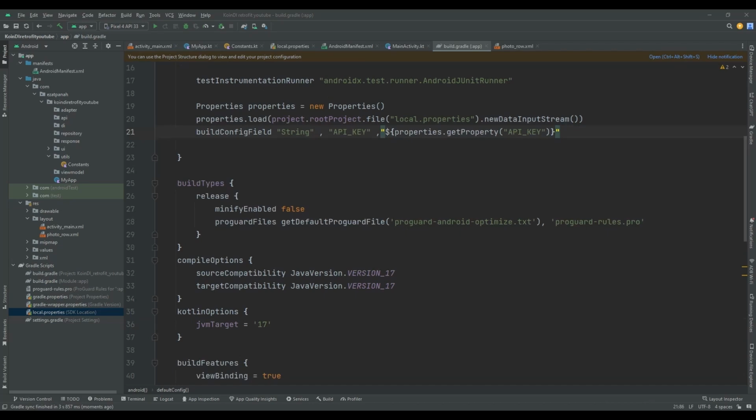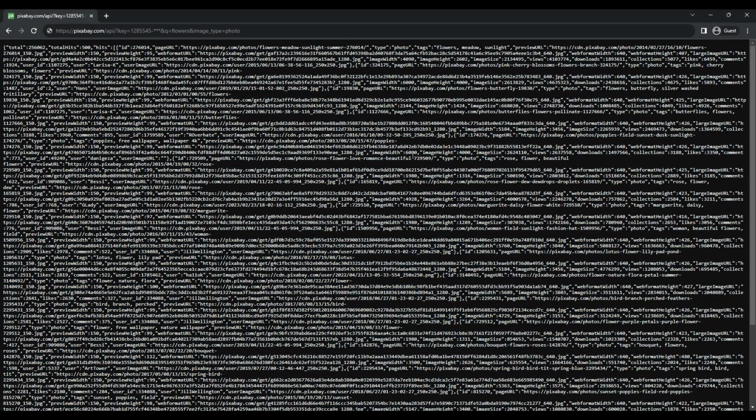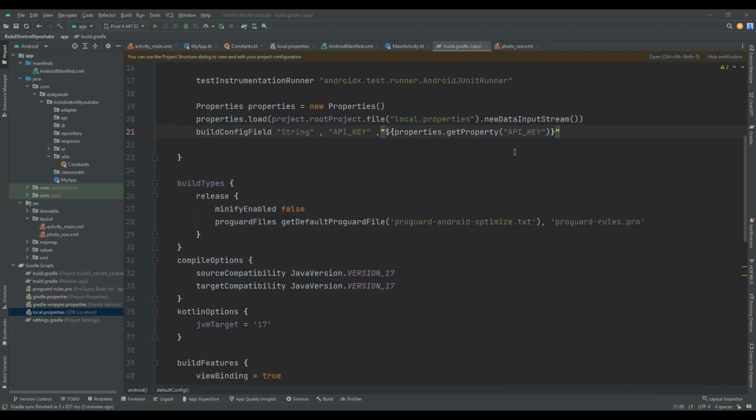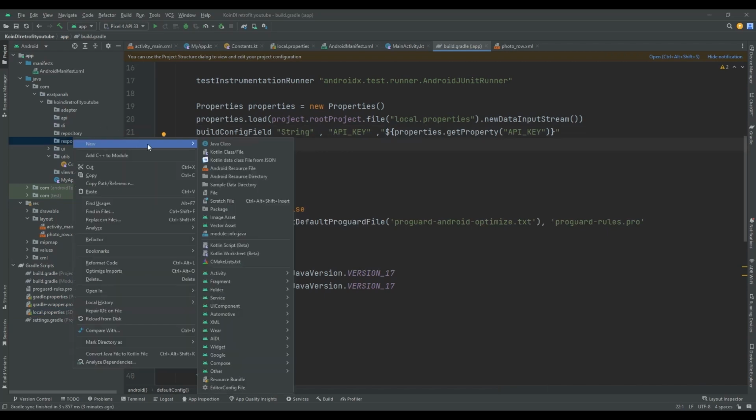Okay, the sync was successful, and then let's go ahead and work with the response of this API. So here as you can see there is a response that we need to have to create our response class. Just here as you can see there are some parameters, key as an API key, q for search, whatever you want inside this API, and the image type here I just put photo. So let's just copy this response and back to Android Studio, and then here inside of the response package with